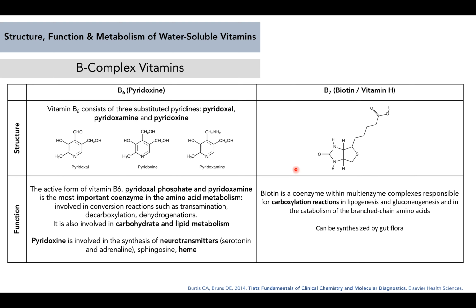Now, the next B vitamin is biotin or B7. This is the structure, and biotin is a coenzyme within multi-enzyme complexes, and it's responsible for carboxylation reactions, whether it is for lipogenesis or gluconeogenesis, or also for the catabolism of branched-chain amino acids. So very, very important in metabolism. Additionally, one interesting fact about biotin is it can also be synthesized by our gut flora or gut microorganisms. So in addition to supply from outside sources, dietary sources, we can also synthesize it ourselves from our gut